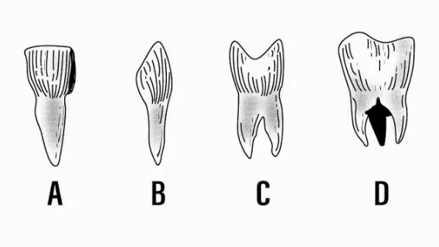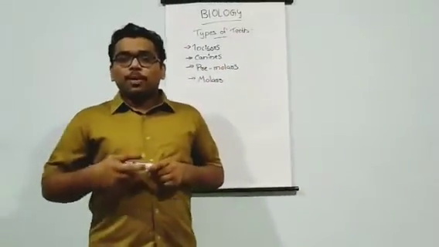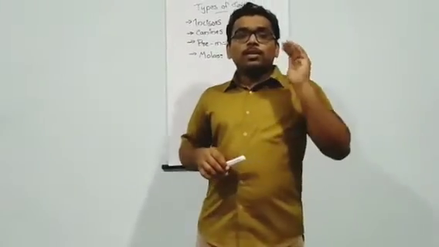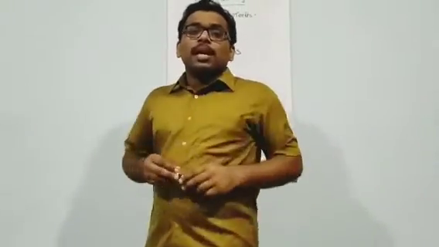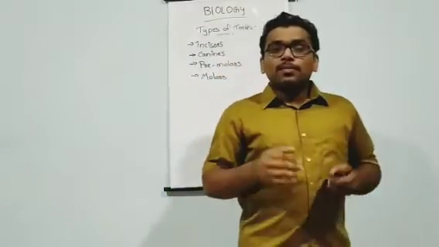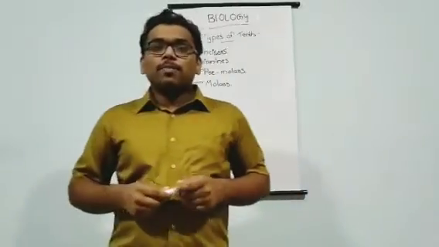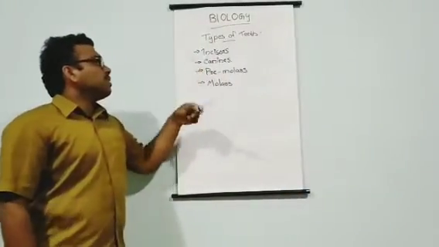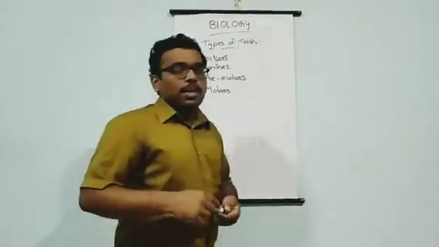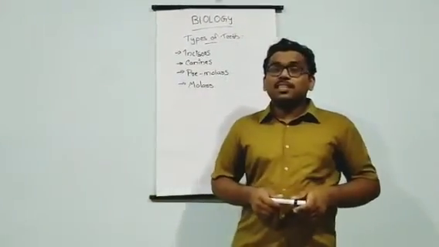Then let's continue. Now we are going to concentrate on today's topic in a perfect way. Are you ready? Yes. Teeth help in breaking the complex food materials into tiny bits, and we have four types of teeth. They are the incisors, canines, premolars, and molars. Now we are going to see the features of the incisor type of teeth.